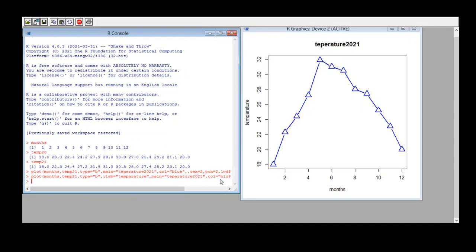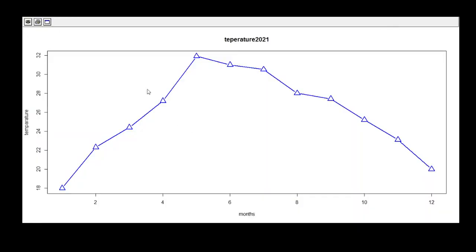Now here, if you want to save this graph, then in the file menu of the R console we have the save as option. You can save it as a PNG, BMP image, JPEG image, or you can save it as a PDF, or else you can copy it to the clipboard also.